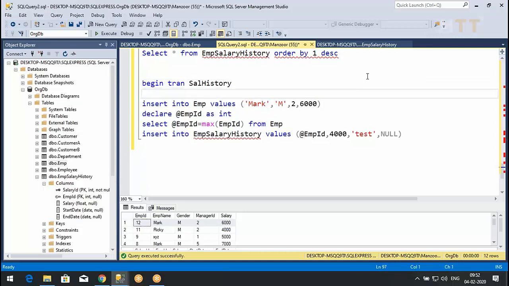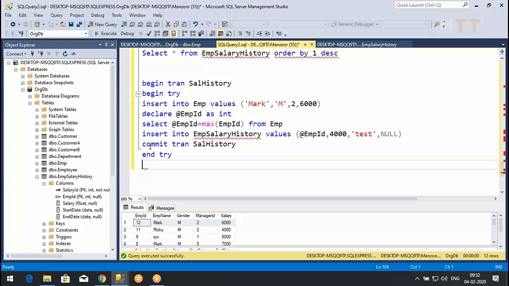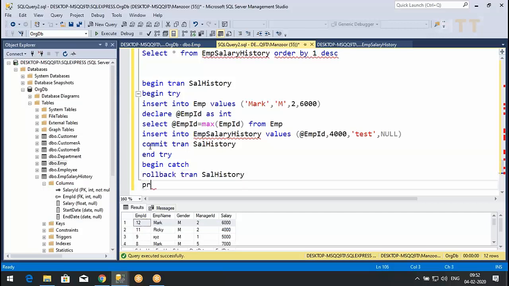Then begin try, and here I'll say commit transaction salary history and end try, then begin catch, then here I will say rollback transaction salary history, then I'll say print transaction failed.